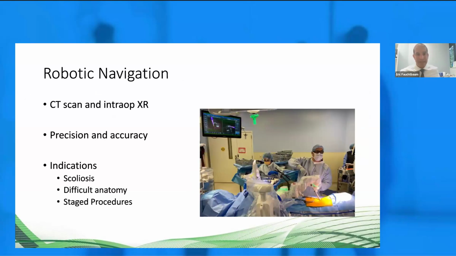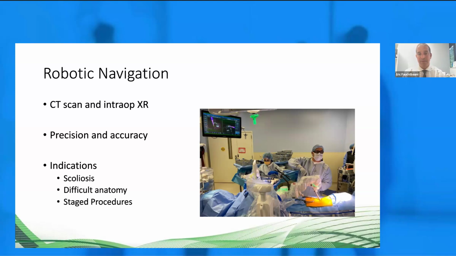All right, finally, we kind of briefly touched on this. I've adopted robotic navigation into my practice when placing posterior instrumentation, such as screws for stabilizing procedures. We do a lot of these either with X-ray or CT guided placement intraoperatively, or navigation with robotics. This is a picture of me using the robot, and the way it works is we'll obtain a CAT scan of the patient's area of interest, typically the lumbar spine, and then we're able to take the CAT scans, input it into the manufacturer's software, and then I, as a surgeon, can plan perfectly the exact location of screws within the bone